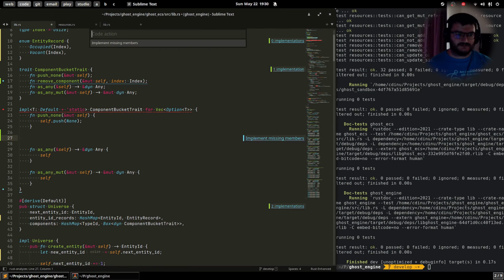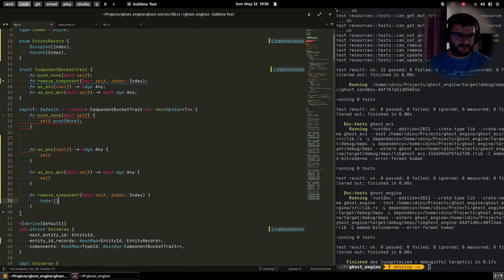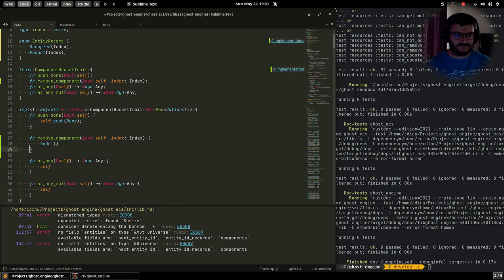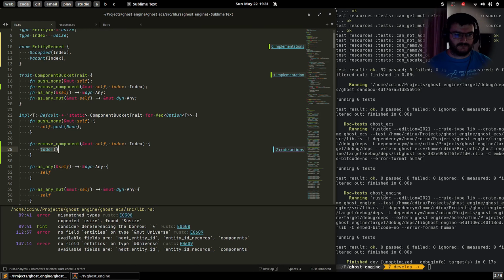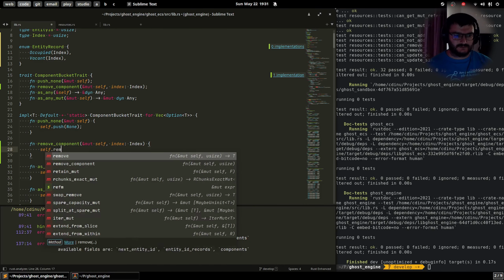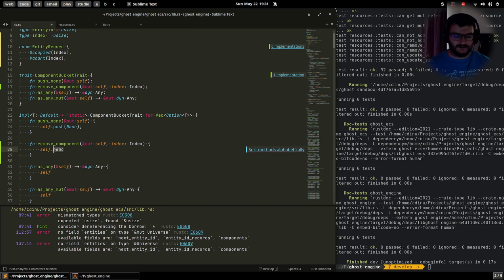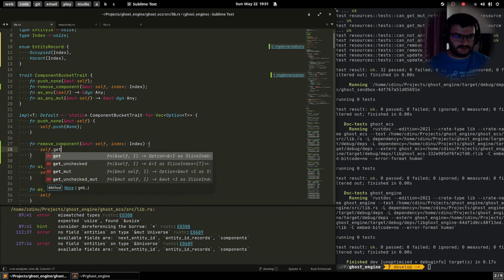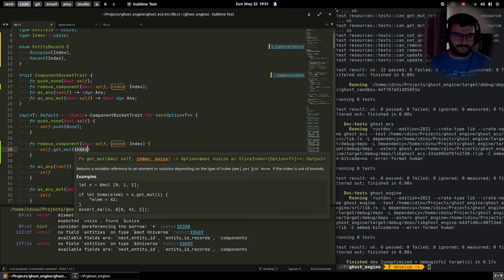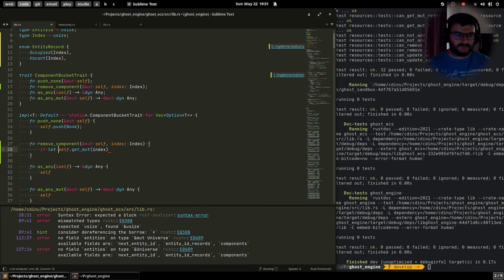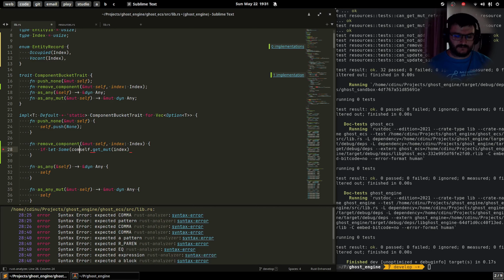And of course, let's implement the missing functions, and for this one we go self dot remove dot get mutable. Okay, our index. So if at some component